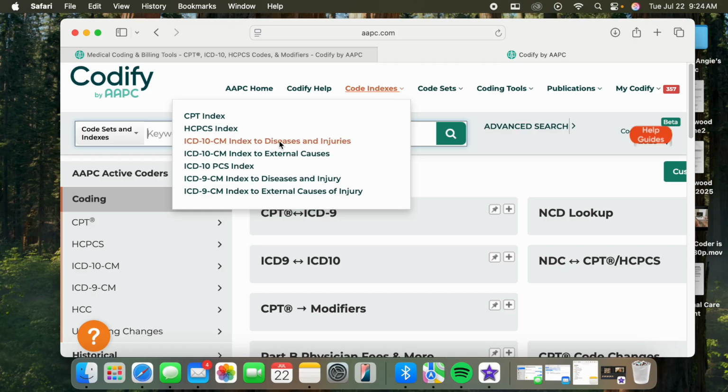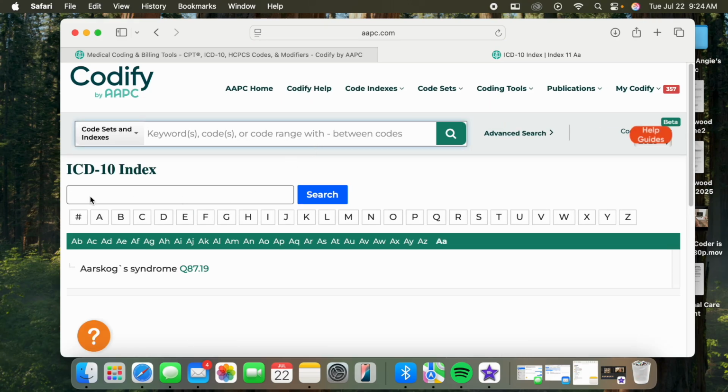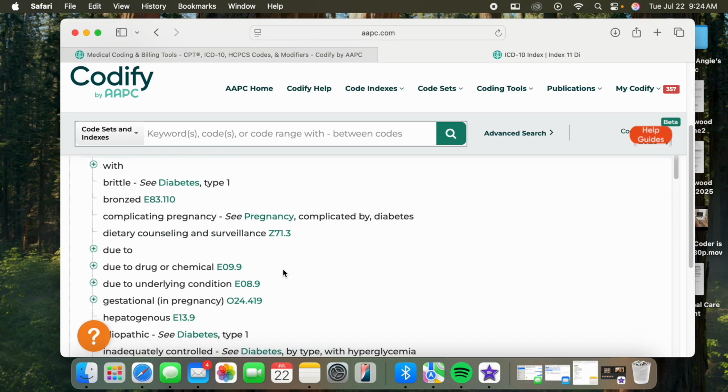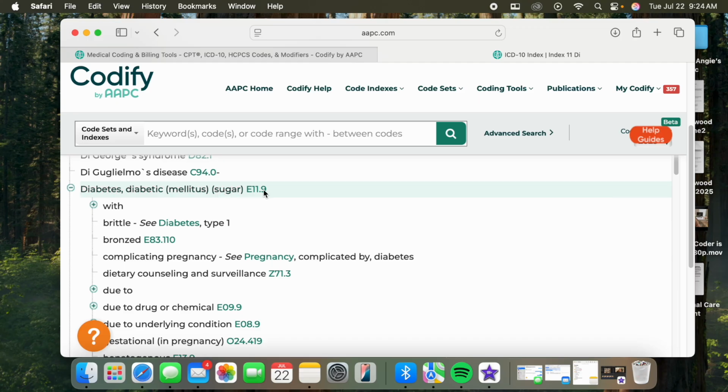If you go to ICD-10 Index of Diseases and Injuries, this can be just like looking up a disease in your alphabetical index in your ICD-10 book. So if you click on that, you can go in here and type your search, or you can totally look by alphabet. Say I want to look up diabetes. Say I want to try to find diabetes complicated by chronic kidney disease. So I have diabetes, and this right here is just like your alphabetical index in your book,